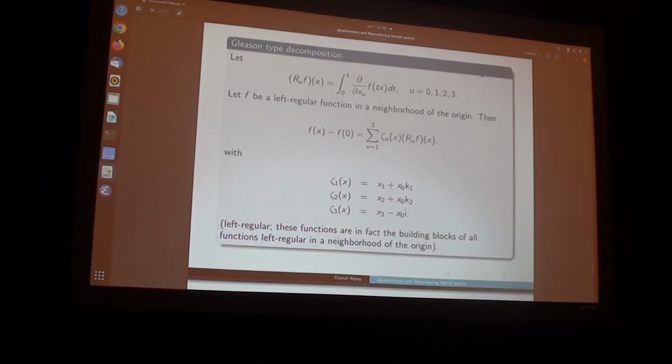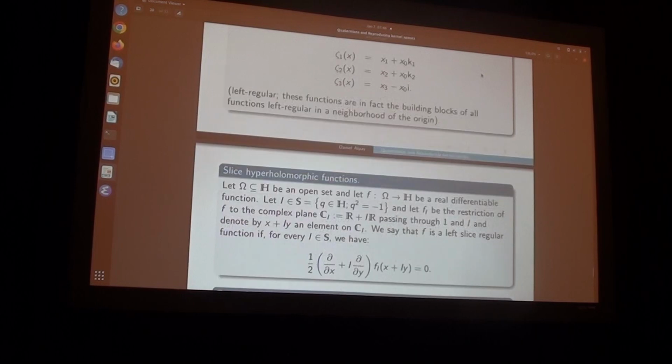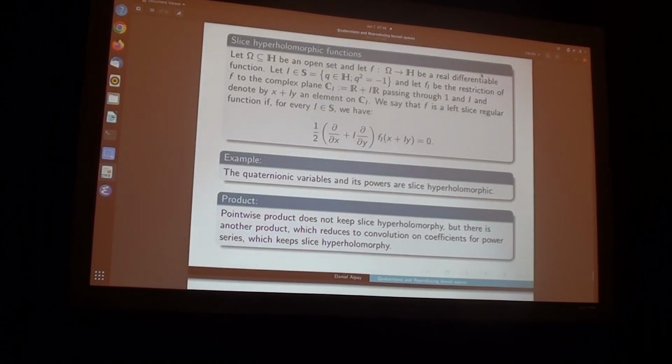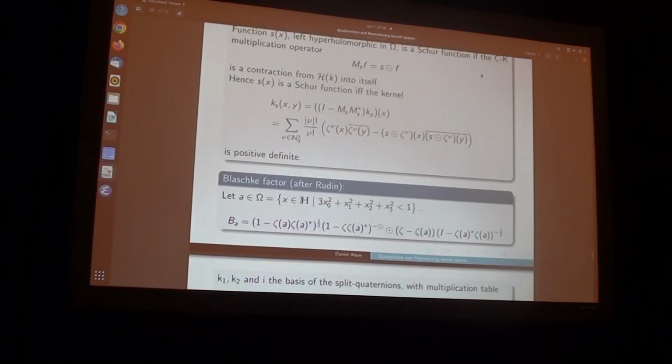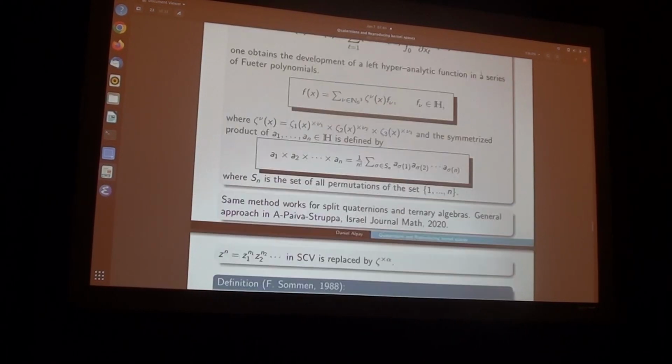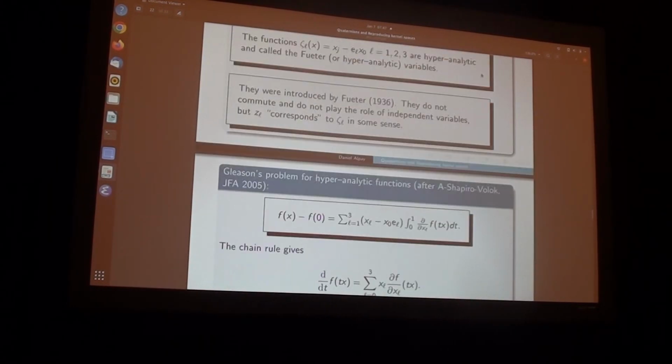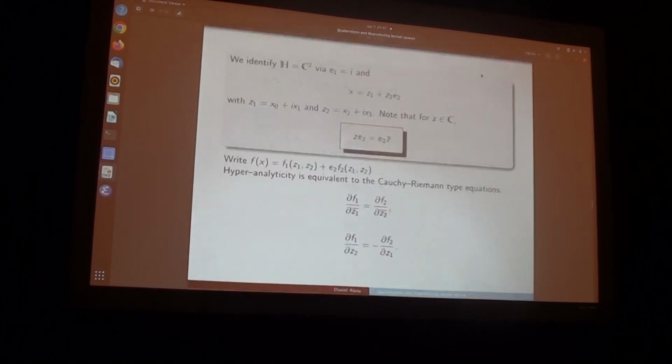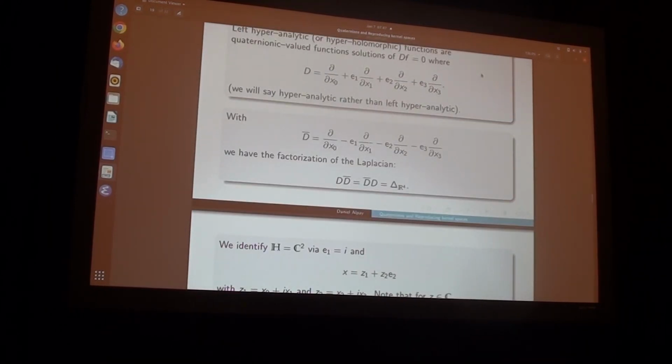But as I mentioned at the beginning of the lecture, the quaternionic variable is not hyperholomorphic. It's not in the kernel of this operator. If you allow me to backtrack a bit. It is not in the kernel of, excuse me, I was back, of this operator D. So it's a bit of a problem, and there is a notion of slice